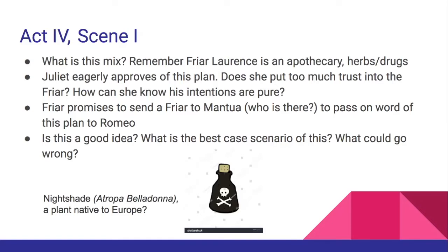Everything's perfect. In your opinion, is this a good idea? Is this what could be the best case scenario of all of this? Could things end really well from this, or what could go wrong from this plan? What are some of the things that could potentially be bad about this? So an interesting scene here, and then we'll just do scene 2 for today, and then we'll save 3 through